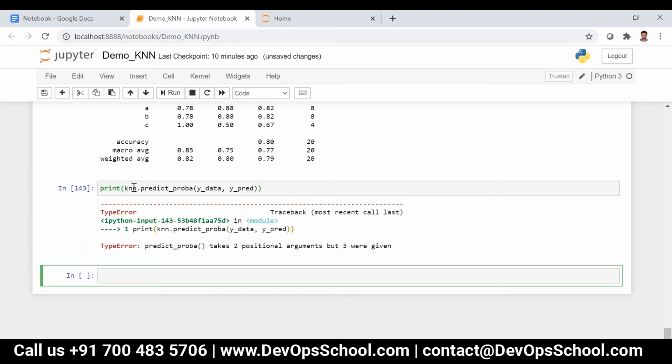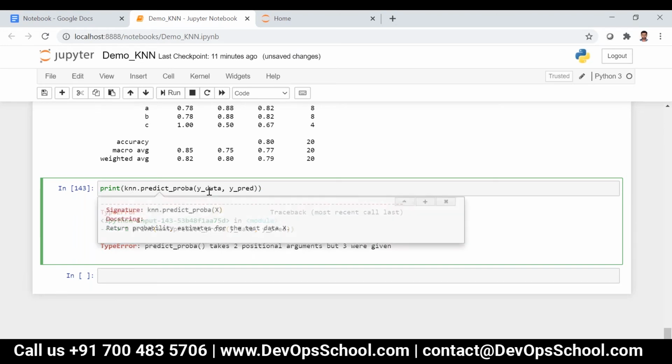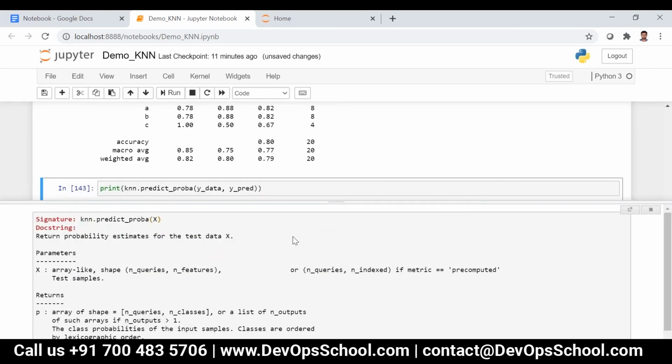Where did I give three parameters? Shape is n queries, n features.